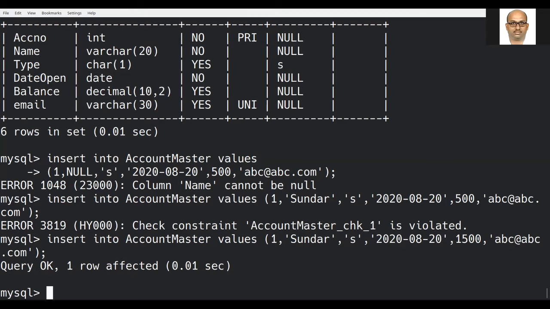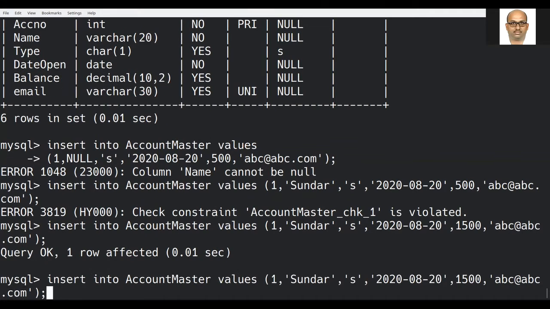Now primary key is there. What I said is that a primary key should not be null and it should be unique. Right, now let us check. We are trying to insert again.